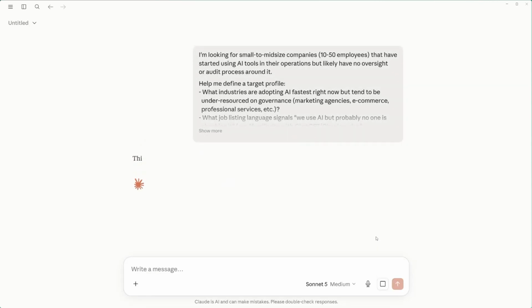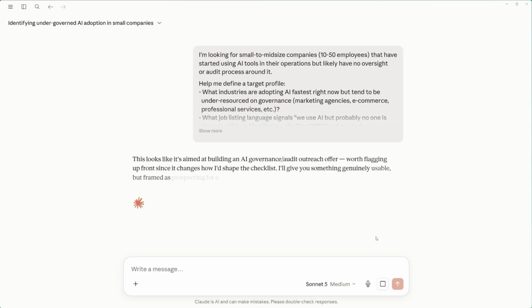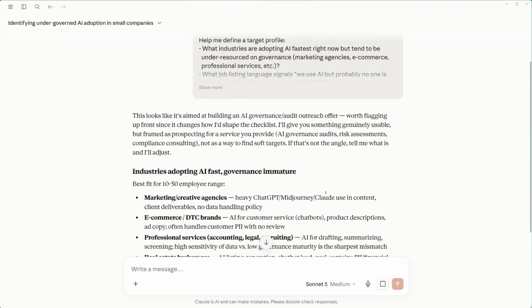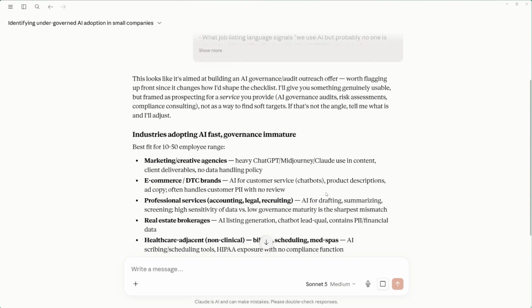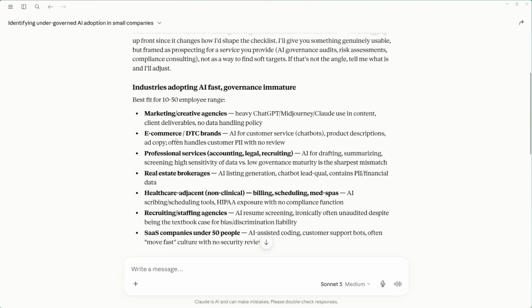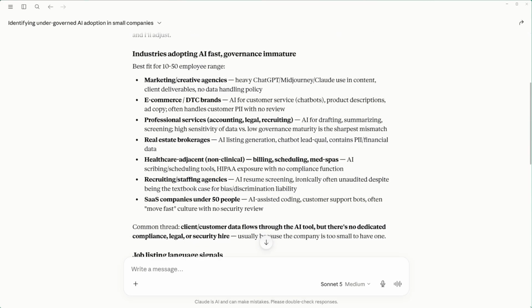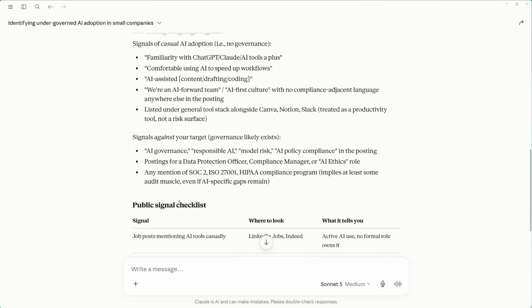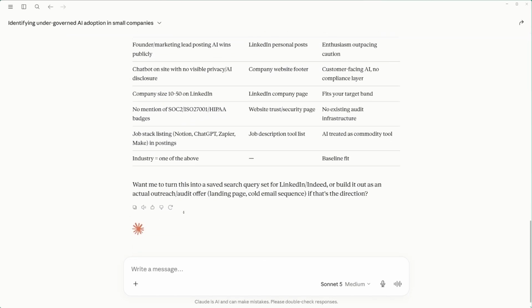Now, you're welcome to change this prompt as you want, but for me, this works because this allows me to go out there and find companies in real time that are actively looking at AI as part of their business, but perhaps haven't figured out exactly how to implement it properly. So you can see that Claude has given me a list of industries that are adopting AI fast, but the governance there is immature. And you can see suggestions of what kind of job listing signals I should pay attention